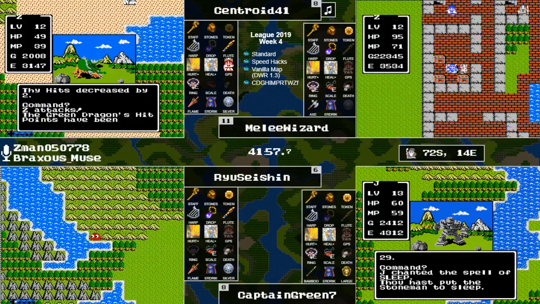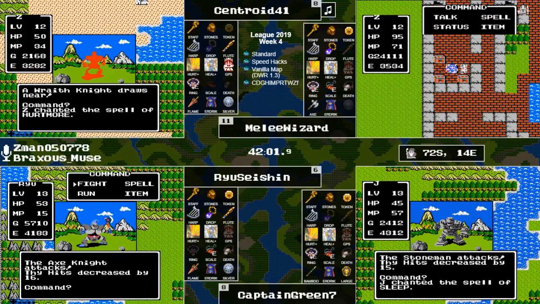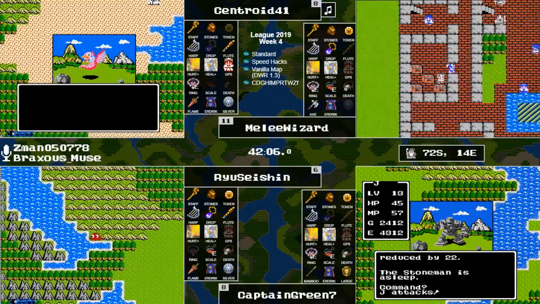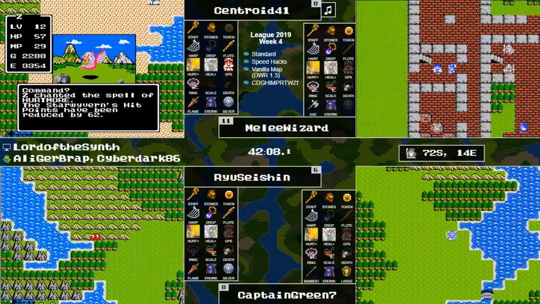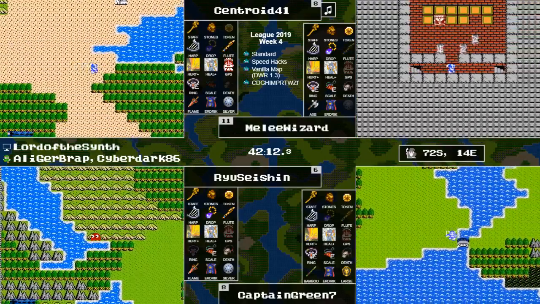And it looks like he's trying to grind on an overworld spot here that has Axe Knights. And having Hurtmore, this is a great spot because you can almost take him out with one Hurtmore. And there's a town right there, so if he does need to replenish his MP, it's just...